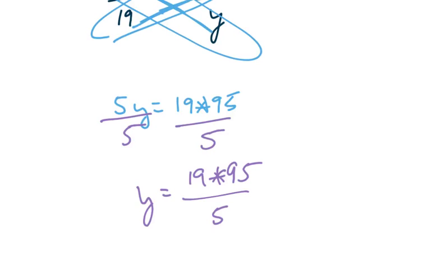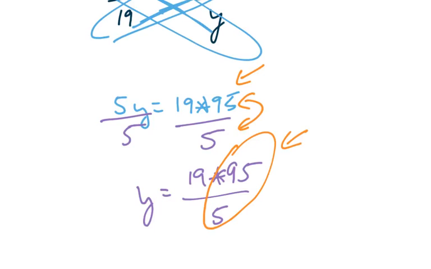The reason why I said you don't need to multiply through is because it's very easy to take on 95 divided by 5. And since you're multiplying, and you're always going to multiply and divide when you cross multiply, it doesn't make sense to make a number really big and then divide through by that. Instead, what makes more sense is to tackle 95 divided by 5. And most people don't know what 95 divided by 5 is off the top of their head, but they do know 20 divided by 5 is,